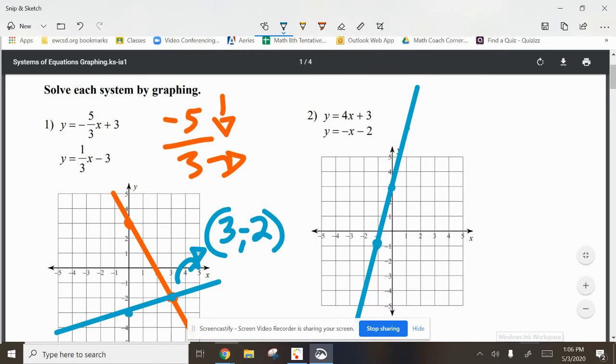Now, let's do one more. Negative 2. I'm going to do a different color. Negative 2, I start here. That's my y-intercept. We went all over this last week. Down 1, right? That's a 1 in front of the x. I know I made that big. Down 1 to the right 1. Okay, and if we keep this pattern going, down 1 to the right 1, down 1 to the right 1,